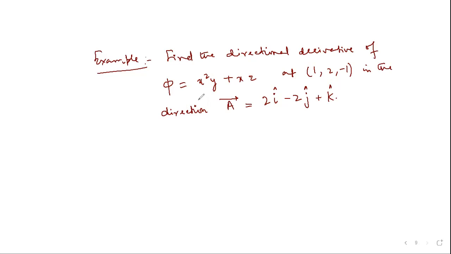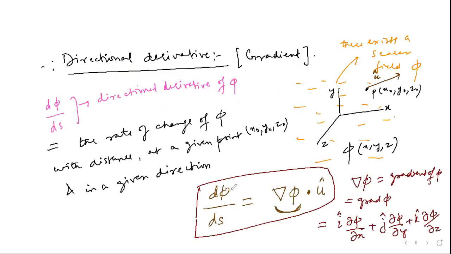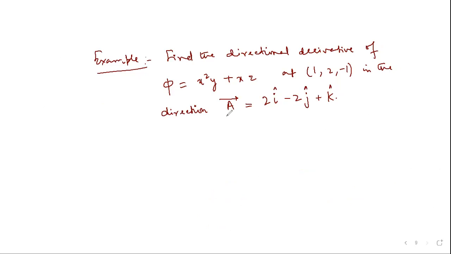So as I said, phi is a given scalar field, and this is the point at which you have to find the directional derivative, and this is the direction along which you have to find the directional derivative. Now if you go back, to find the directional derivative, you need this dot product. You have to find the gradient of phi, and you have to find the unit vector. So first I have to find the unit vector in the direction of a, right? So the solution is: